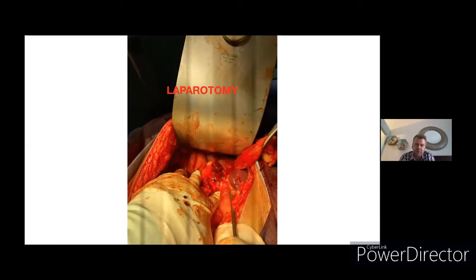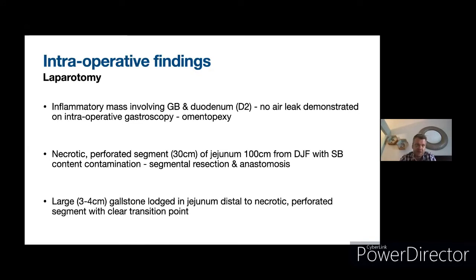So following this, we took the patient to theater. Intraoperatively, we found an inflammatory mass involving the gallbladder and the second part of the duodenum. It appeared to have sealed off, and this was confirmed by passing a gastroscope into the abdomen and insufflating the stomach and duodenum with some air. No air leak was found. And we proceeded to just do an omentopexy on top of the inflamed gallbladder and duodenum to make that seal